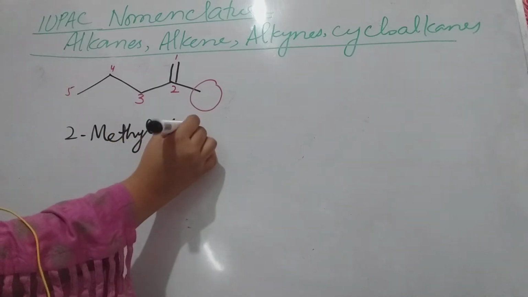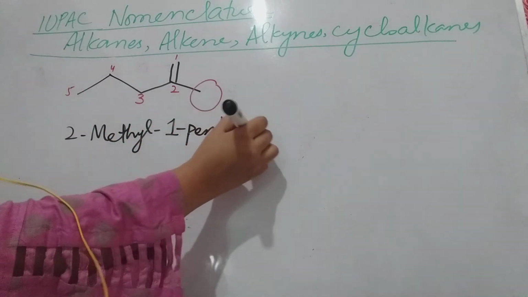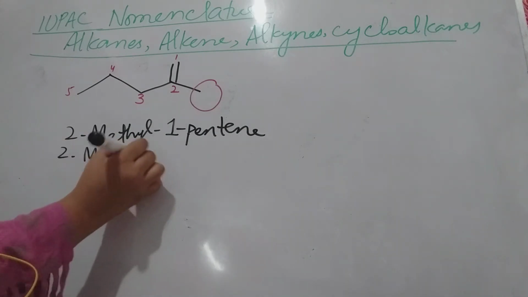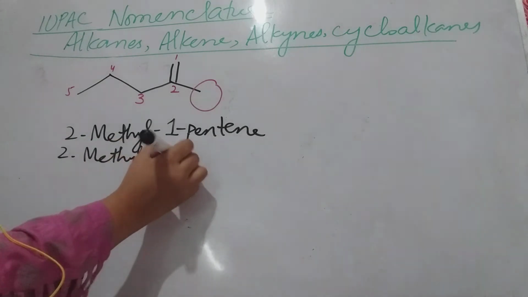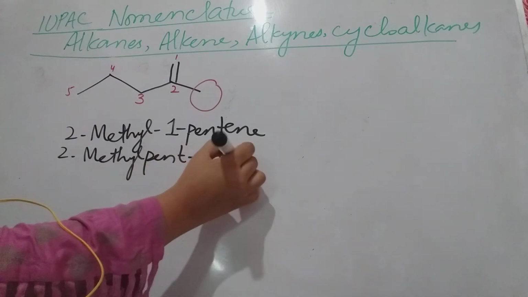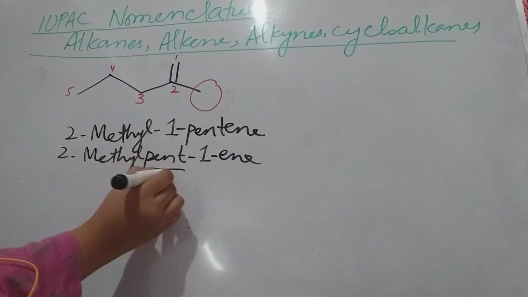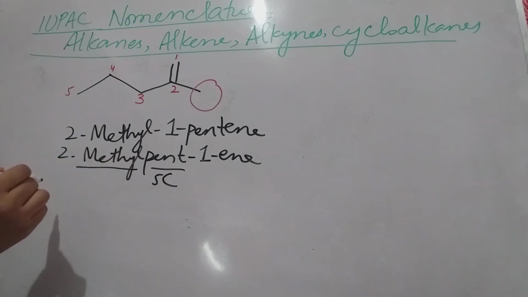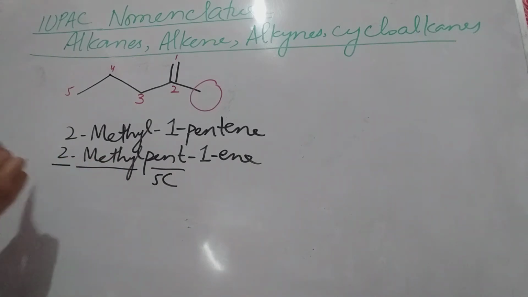1 pentene. Hope this is clear to all of you, or you can write its name like 2 methyl pent 1 ene. Pent means you have 5 carbon atoms in a chain. Methyl is considered as a substituent that is attached at the second position, and 1 ene means there is a double bond between carbon number 1 and carbon number 2. Okay. Another example